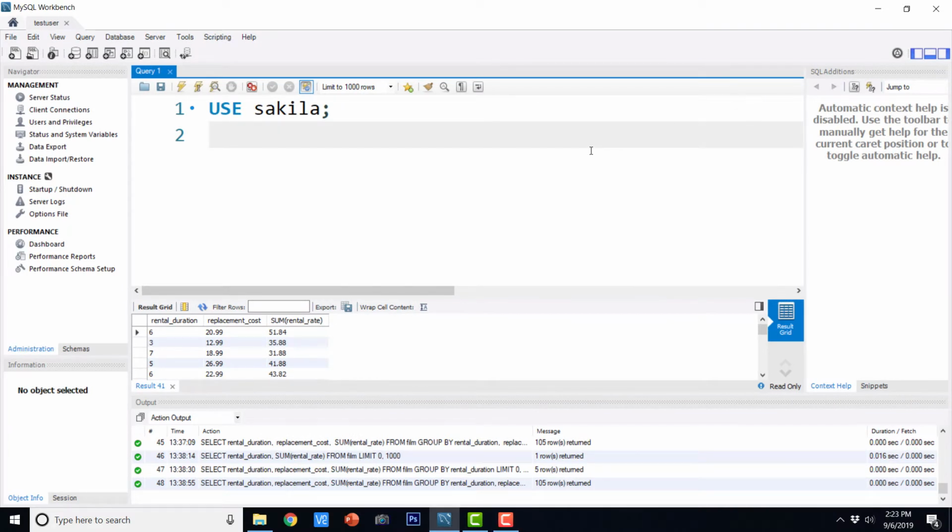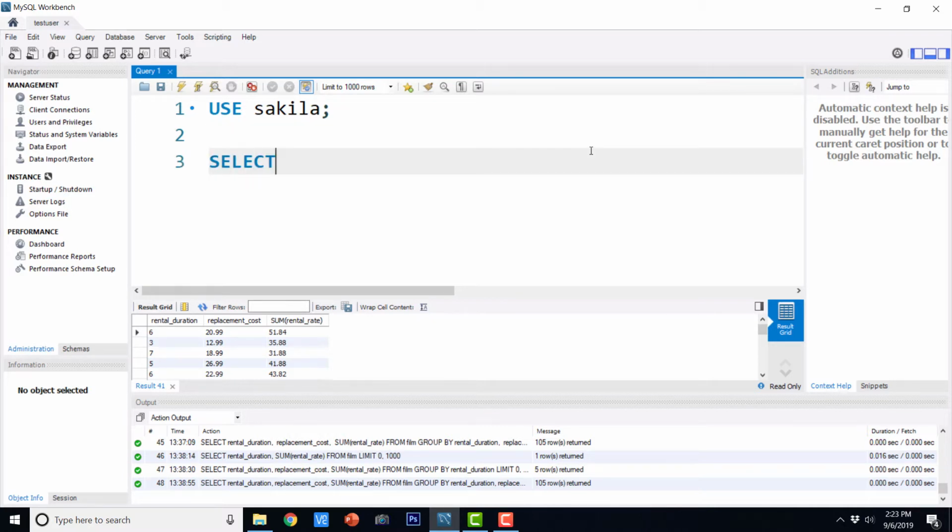In this video lecture, we are going to see the usage of the having clause. In the earlier video lecture, we saw the usage of the group by clause. Earlier we saw how we can filter out rows with the where clause, but that is simply not possible when we want to filter out groups. The where clause works only with rows, and the having clause works as a filter on groups. So let us see an example.